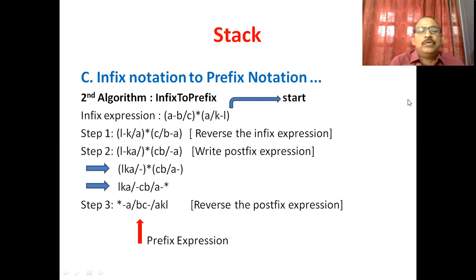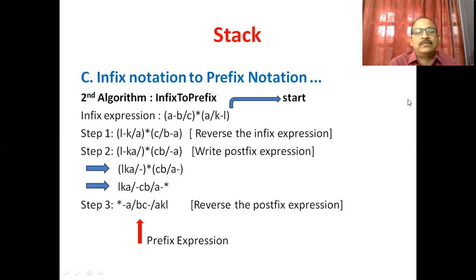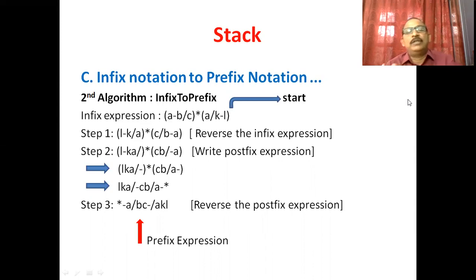Next, only two operands. So first we write the first operand followed by the second operand and second by the operator. So L K A division operator minus, this is the first operand, second operand is C B division operator A minus, second operand and followed by the operator is the star.